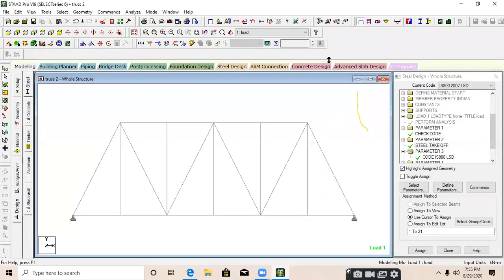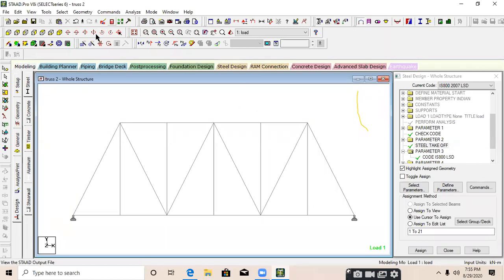We need to take a uniform size, because if we are designing any industrial building or a tower and there are 50 or 10 types of different members, it is very confusing where to place one member. I'm talking about the design interaction ratios. Every time we are going to the output only.